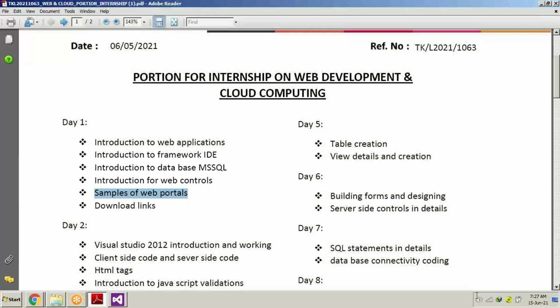Okay, we will use Visual Studio. I'm going to use Visual Studio 2012. I'm going to show you the link from Microsoft, from where I'm going to message you all the link from where you can download Visual Studio 2015, 13, 19, according to your computer, according to your system requirement. And we're going to work over there.